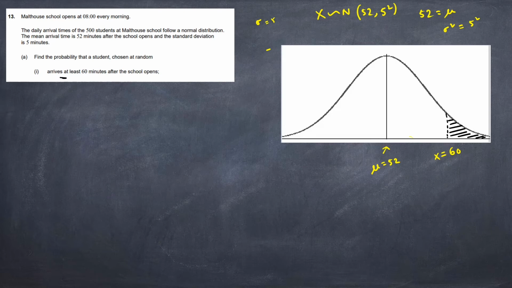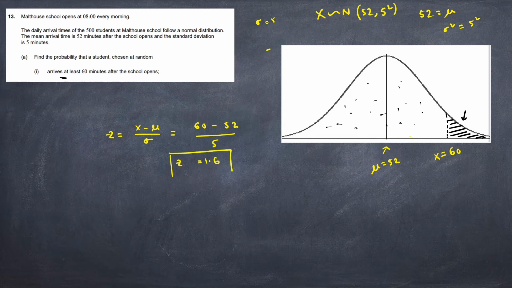After finding the z value, if we calculate the probability from the table, we will find the area of the dotted region. And as you know, the complete area is 1. So if we deduct this dotted region area from 1, we will find the area of the shaded region. So let's start. z equals x minus mu divided by sigma. Here x is 60, minus mu, which is 52, divided by sigma, which is 5. After calculating this, you will get the z value to be 1.6.